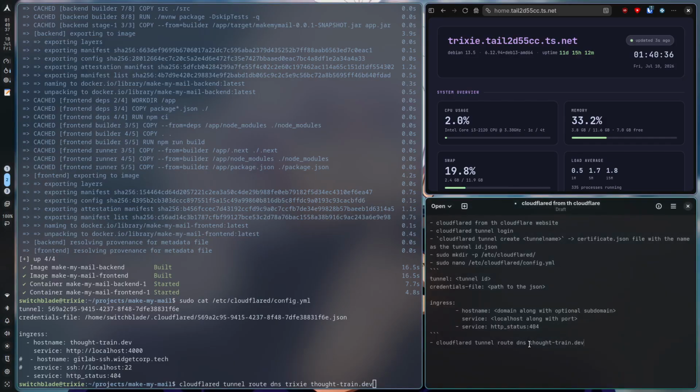Okay, I forgot. Route DNS, and this should be your tunnel name, and then the domain along with the subdomain. After adding this, it would be